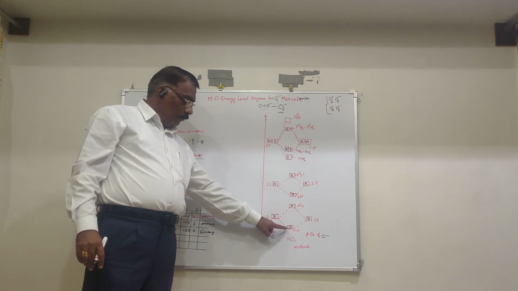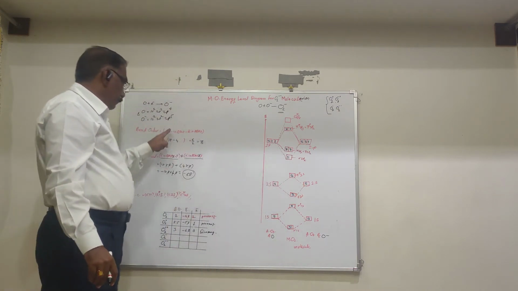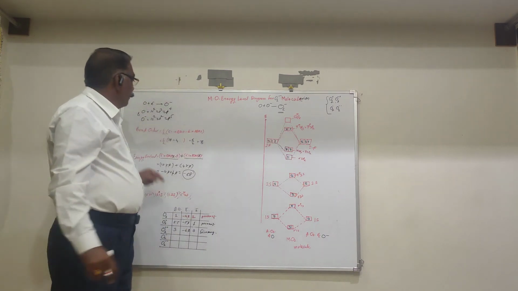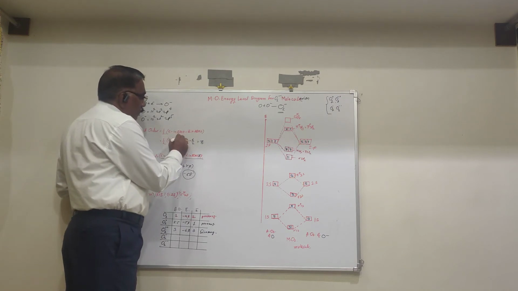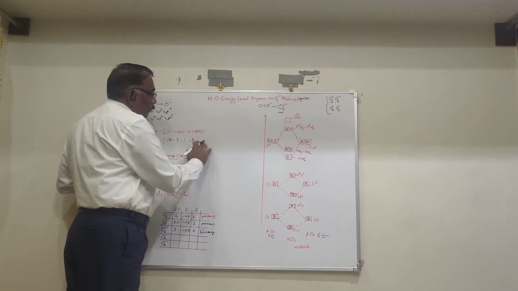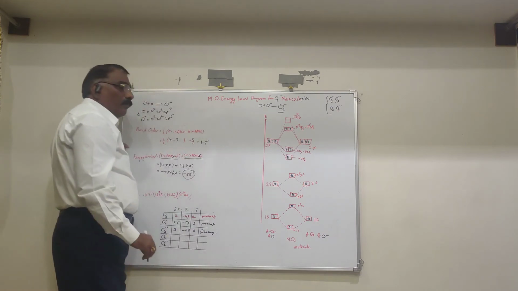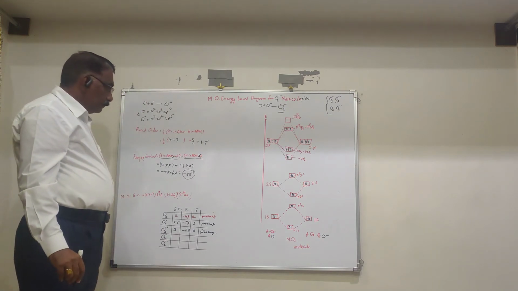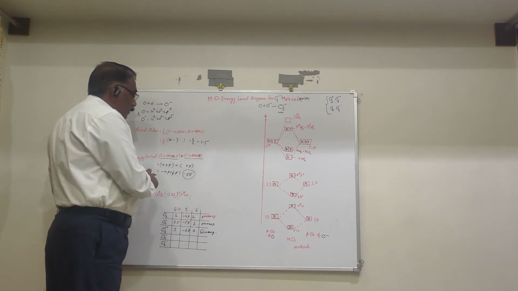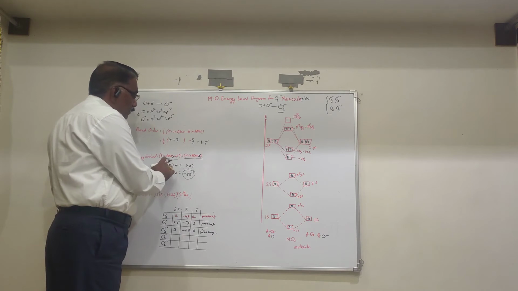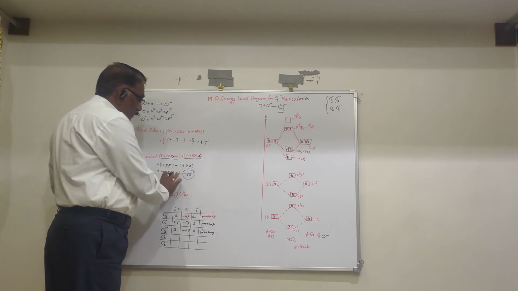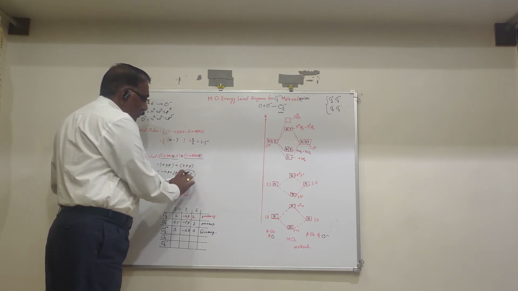See, electrons in BMO 10. ABMO 7. So that there are the 7 electrons. See now, 3 by 2, it is 1.5. Bond order is 1.5. Then energy calculated. See, electrons in BMO 10, electrons in ABMO they are 7. So that minus 10 plus 7 is equal to minus 3.